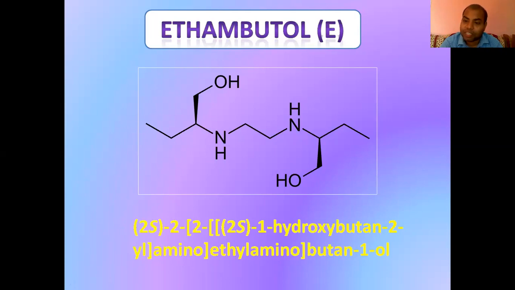That stereochemistry we are not covering yet, because stereochemistry is in the syllabus of B Pharm. If you go on to study B Pharm, I will definitely tell you why S or R is used for the stereochemical aspect. So just remember the name for now, that is 2 prime 1 hydroxybutane 2-yl amino ethyl amino butane 1 ol. For your syllabus the structure is very important, but if you are not considering the IUPAC, that is okay.